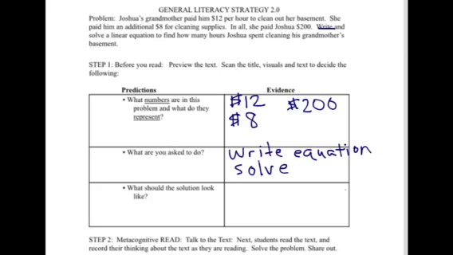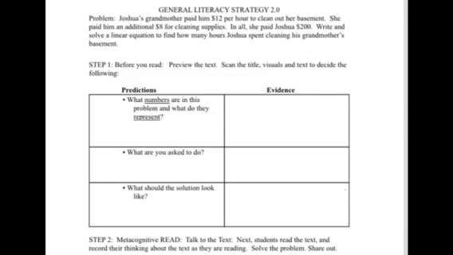And then finally, what should the solution look like? In that last sentence, after it says write and solve an equation, to find, right there is what I'm looking for. To find how many hours. So I want to look up the answer in number of hours. So that's my pre-read. I've not actually read the problem yet, but I've scanned through to pick out some of the detailed information. All right, the next thing we're going to do is go to step 2, the metacognitive read,